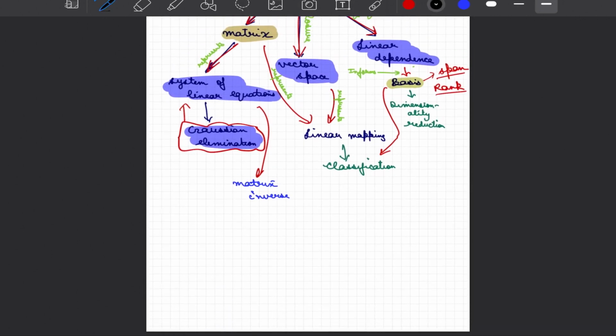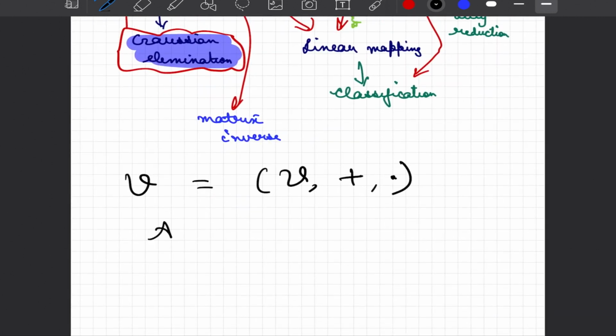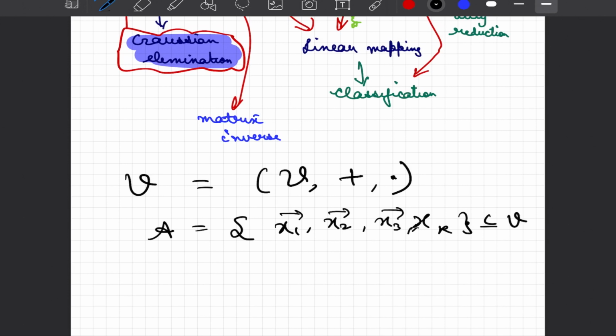That is, we defined a vector space V, which is a set with two operations allowed. That is, addition of a vector to a vector will produce a vector, and multiplication, represented by a dot, of a vector by a scalar would also produce a vector in the same n-dimensional vector space. Now let us consider there is another set of vectors A, represented by x1, x2, x3 and so on, all the way till xk, and they all belong to this particular vector space V.